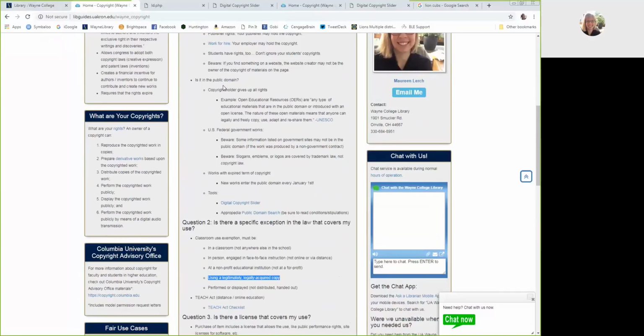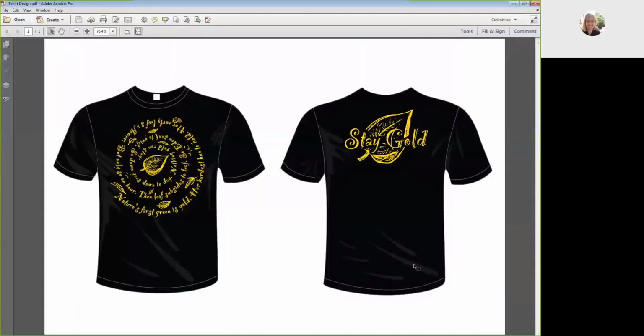So my use of that on a T-shirt is actually fine, and we can use it however we want. We can make bookmarks, we can make posters, we can sell T-shirts, because this poem is actually in the public domain. Now on the back of the T-shirt, if I wanted to change it from Stay Gold, which is referring to the poem by Robert Frost, which is in the public domain,